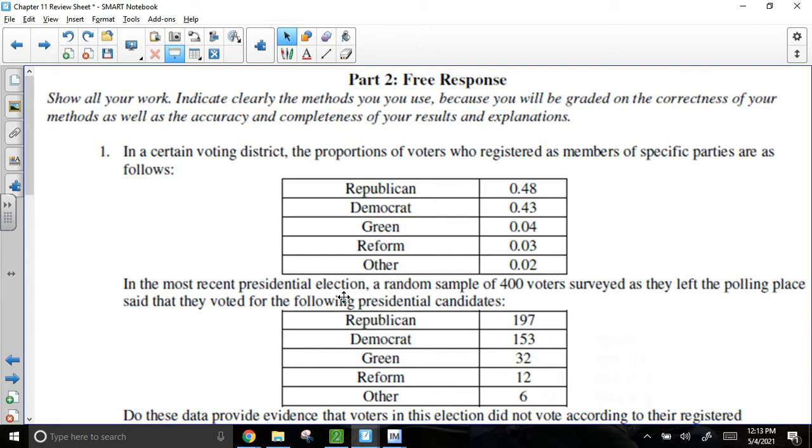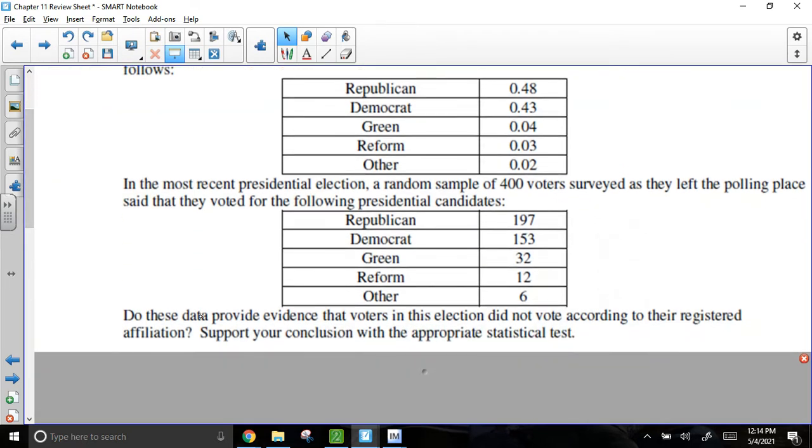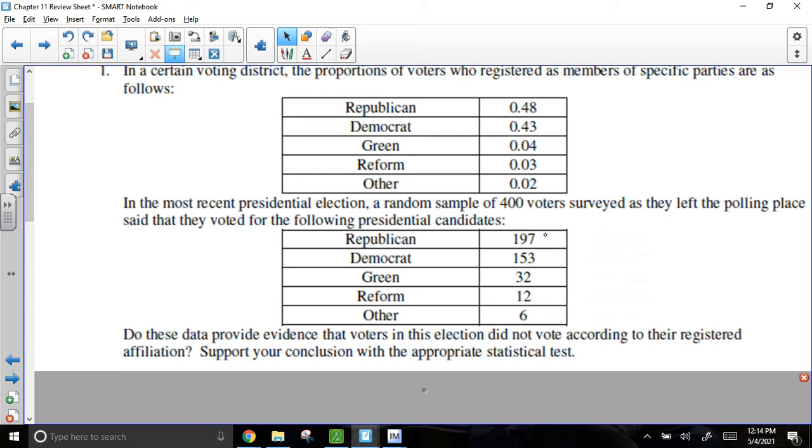In the most recent presidential election, a random sample of 400 voters were surveyed as they left the polling place, and they said who they voted for. So 197 people voted for the Republican, 153 voted for the Democrat, 32 for Green, 12 for Reform, and 6 for other. So the question is, do these data provide evidence that voters in the election did not vote according to their registered affiliation? So we're curious, did the number of people who are registered Republican actually vote Republican? Did the number of Democrat match what